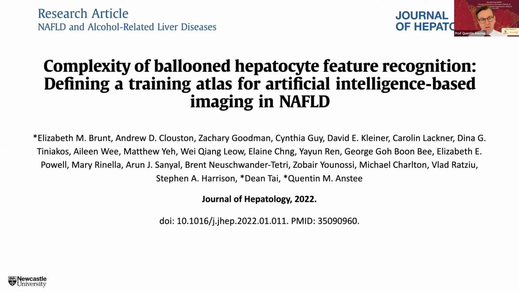And the study I'm going to talk about today really seeks to address that key question about what is leading to this degree of inter-observer variation, and how can we then best mitigate against it? And to deliver this study, I really want to acknowledge a phenomenal team of collaborators who came together: myself and Elizabeth Brunt, who co-led it from the academic side, Dean Tai from HistoIndex, and then, as you can see here, an absolute wealth of expert histopathologists and expert hepatologists, all coming together to address this key area.